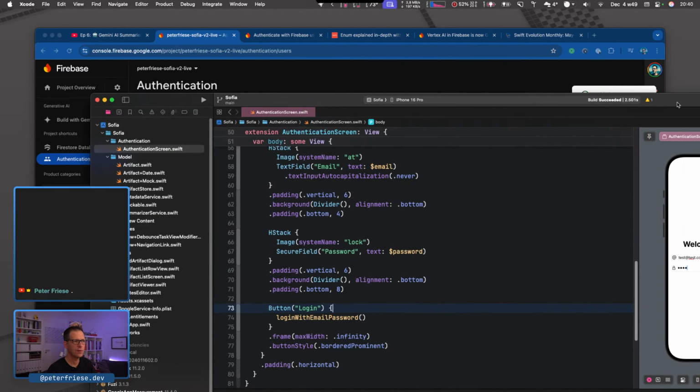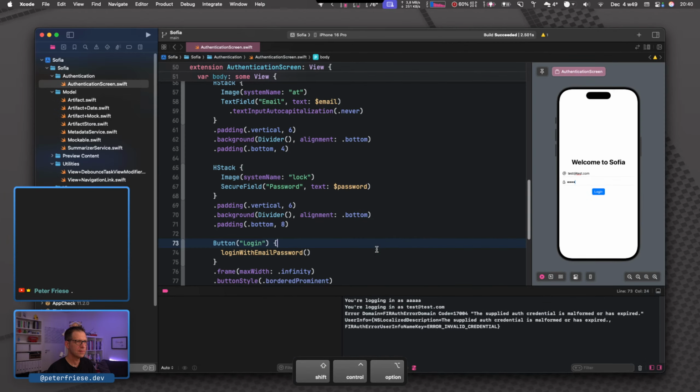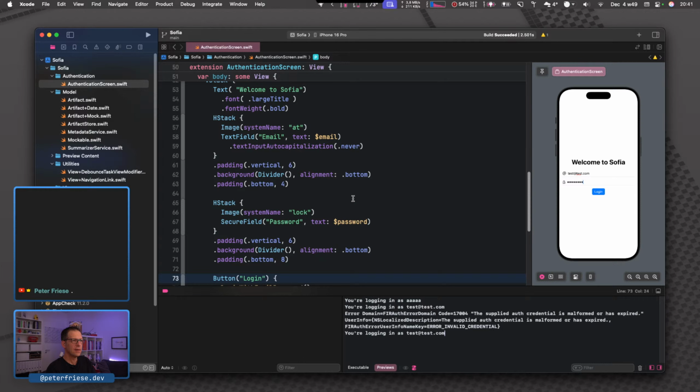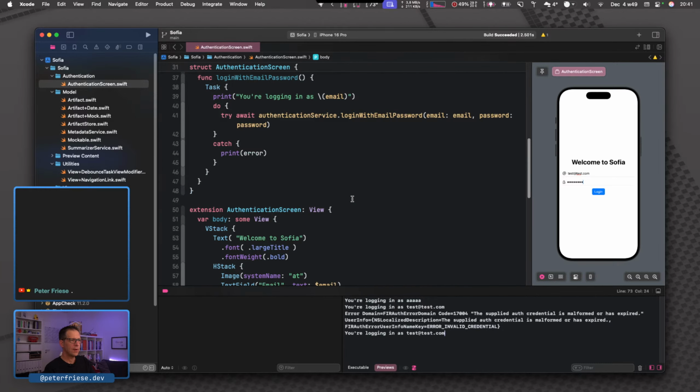Add this user and then try this again. Test1234, log in. You're logging in as test@test.com. So this was successful. So that is one thing.